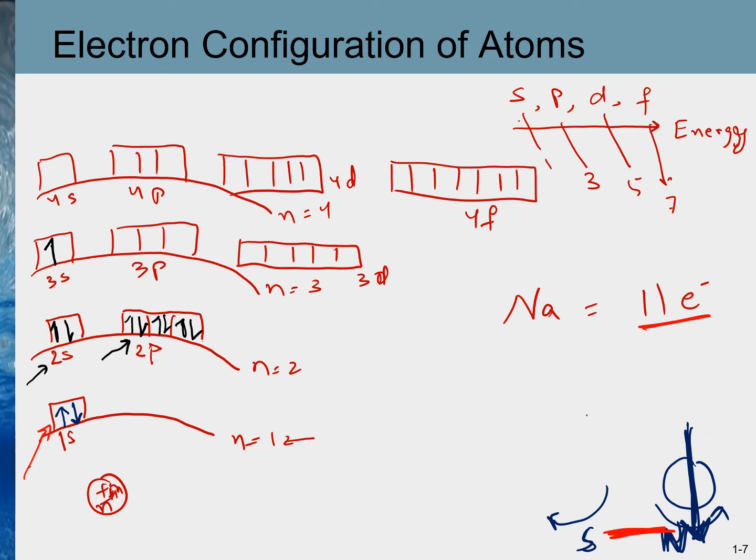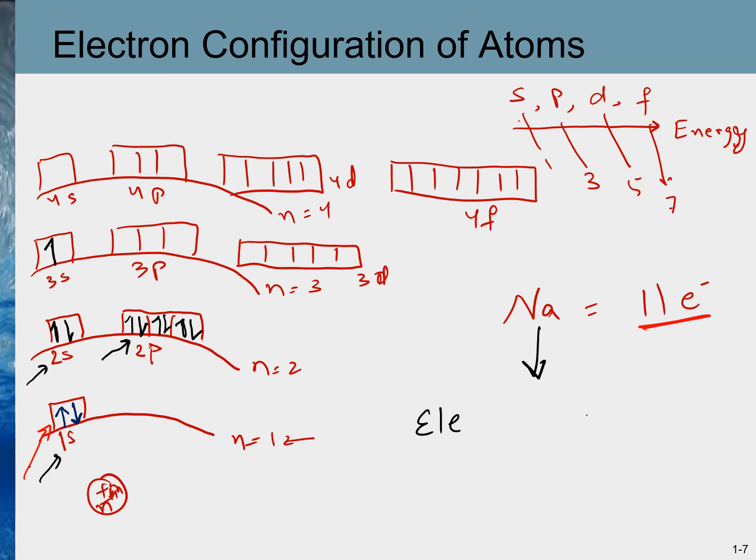So electronic configuration is essentially when we write the address of all these electrons. Address means in which orbital they are present. So in other words, if I want to write electronic configuration of sodium, I will just count back my steps. So first I filled up 1s orbital. So electronic configuration of sodium is